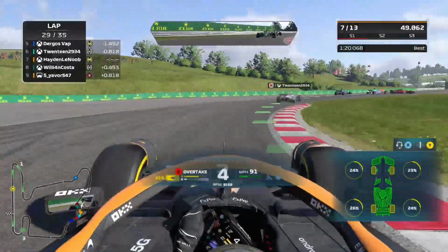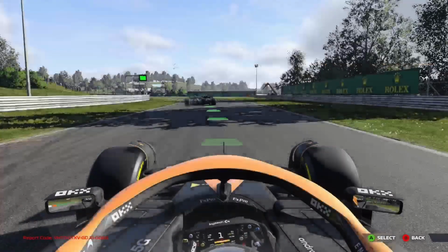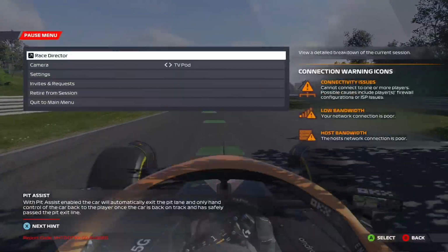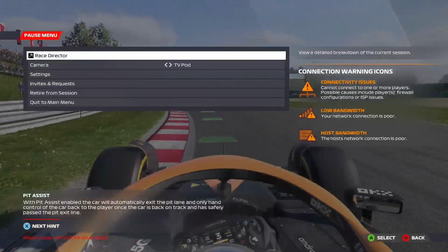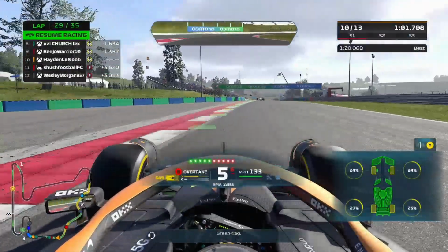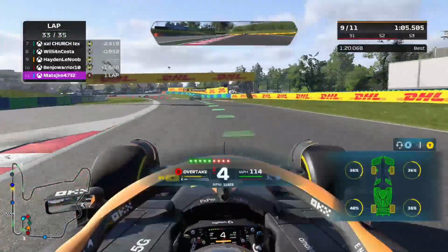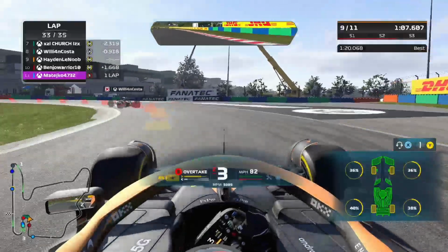Check the car in, left, right, and then there's Shush spinning off. I think Yuli, oh, and I spin it again. Yeah, I forgot I spun there, but Shush got tapped, I believe, by Yuli and got turned around. I spun completely off of a skill issue. I recovered it decently, but now I have some more work to do, but nothing much happens there until the